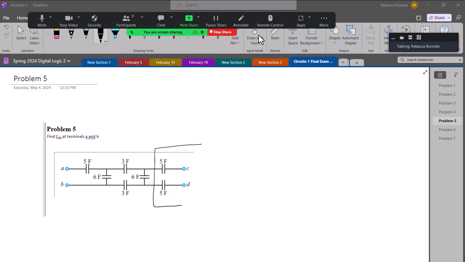All right, so these two capacitors are not going to be part of the capacitance as seen by A and B, because they're open on one end and they're not connected. So we're going to ignore those. So we can just look at these. And we see that these three